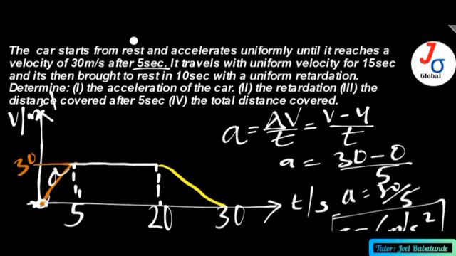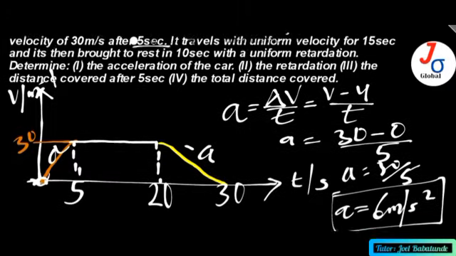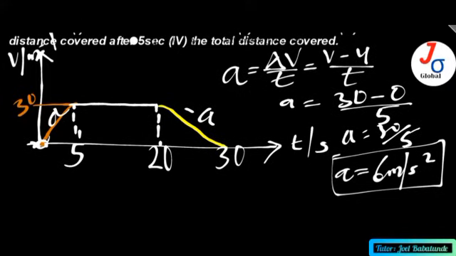Then the second question asks us to find retardation. Retardation is the opposite of acceleration. Acceleration means the speed is increasing. Retardation means the speed is decreasing. So you see that this is retardation. So retardation is going to be the negative of A. Okay, so how do I know? Look at this. So retardation, let's just say is A